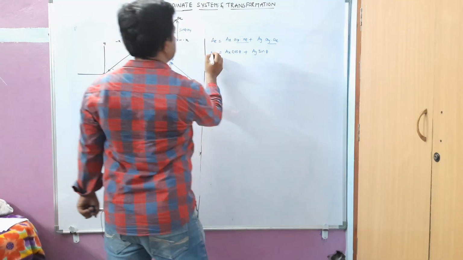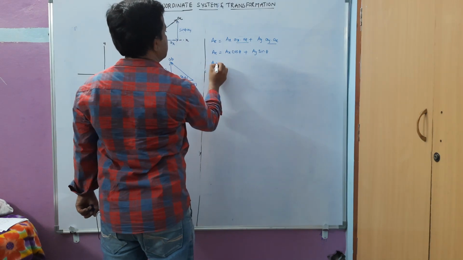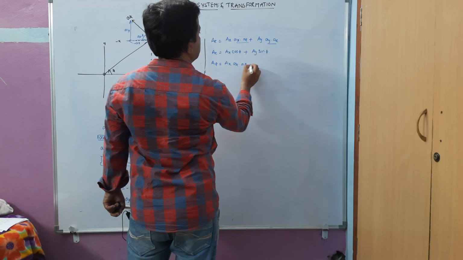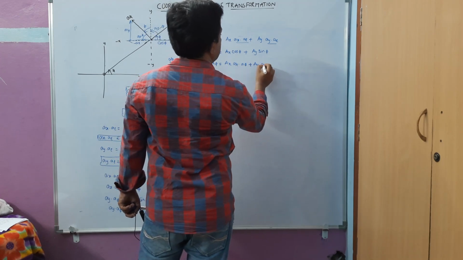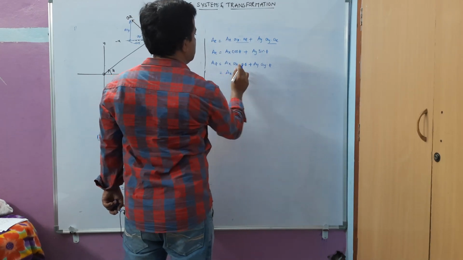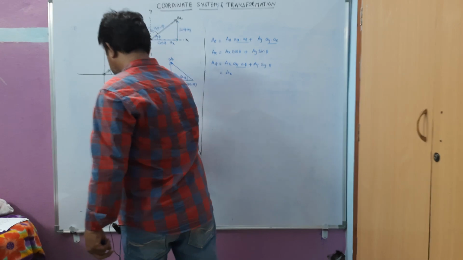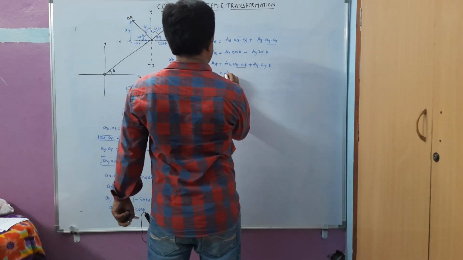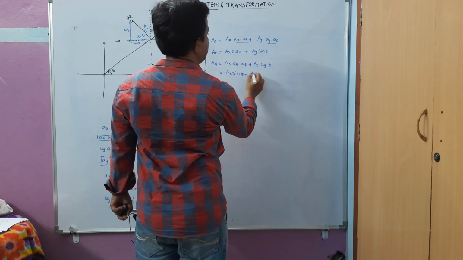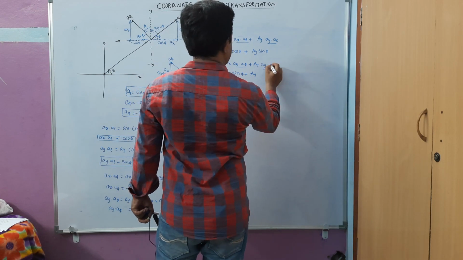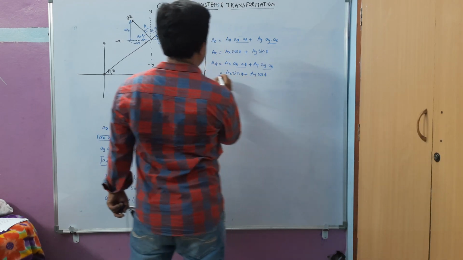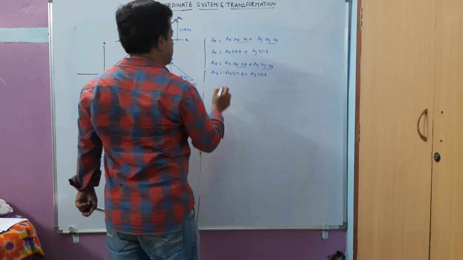Sin phi I have got. Next, this is a_rho. Similarly, a_phi will be ax into ax dot a_phi plus ay into ay dot a_phi. Az is 0. Next, what I have got here: ax into ax dot a_phi, ax dot a_phi is minus sin phi, minus sin phi, plus ay into ay dot a_phi. What I have got here? I have got cos phi here. Okay, now I can write a_phi here. Now az is az here only.